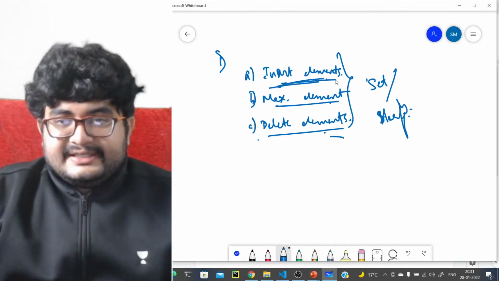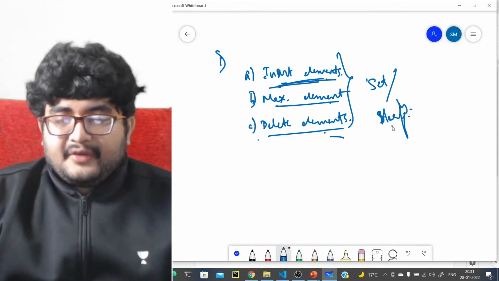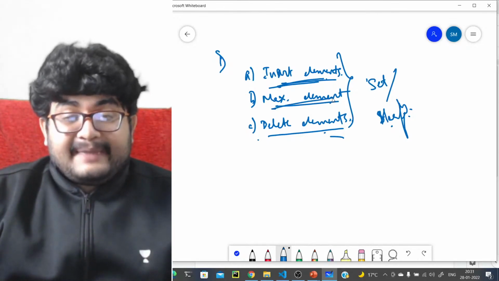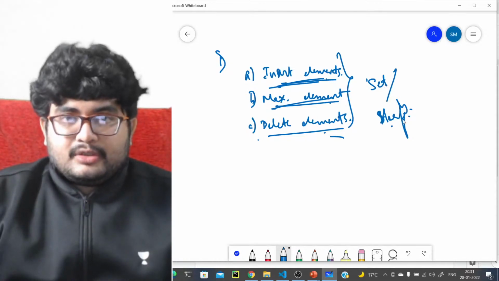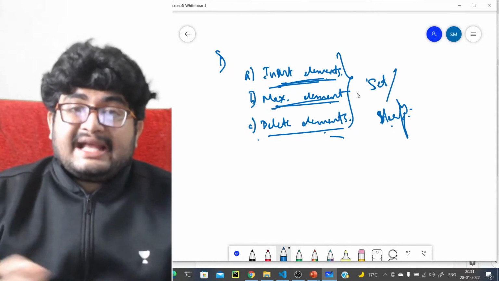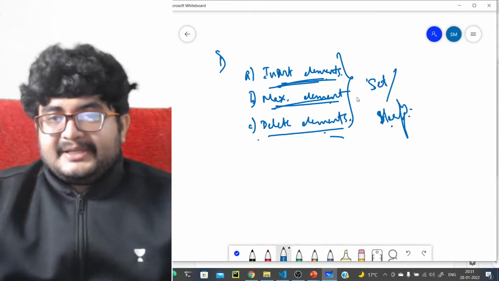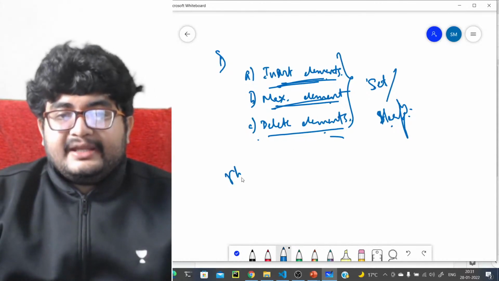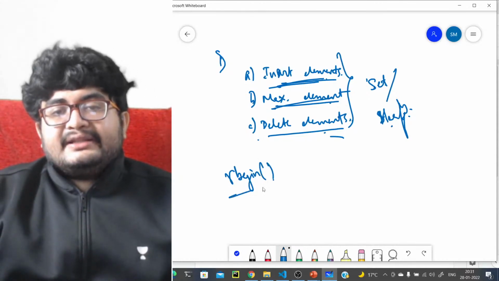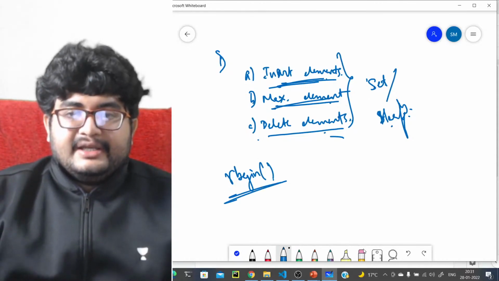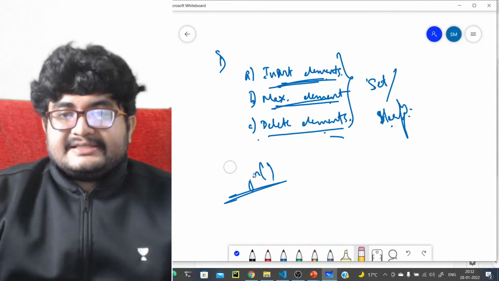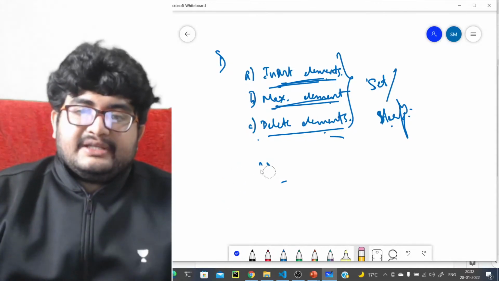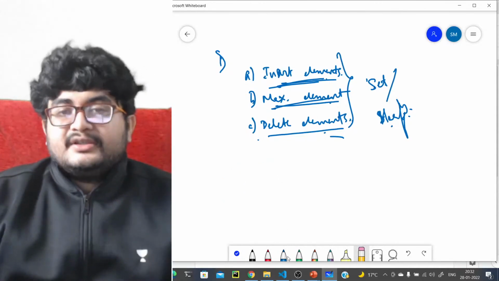Insert elements, both of them will support. Finding the maximum element, both of them will support. Maximum element in the set is the last element, so you can use rbegin. You have an rbegin iterator that will give you the maximum element, right? So the maximum element is the last element in the set, so you can have that using rbegin. It's an order of one operation.